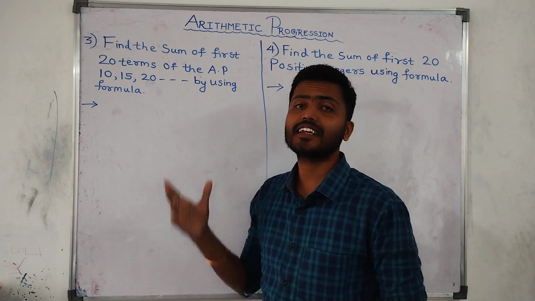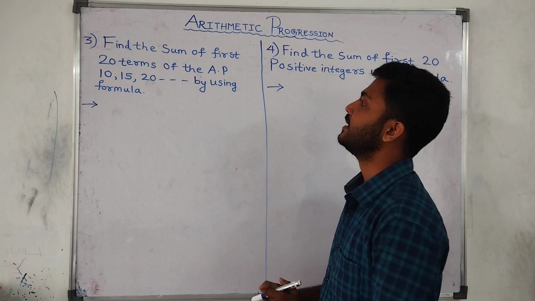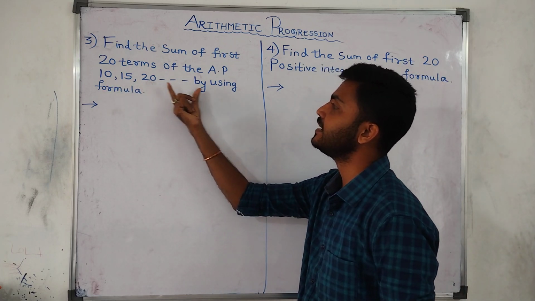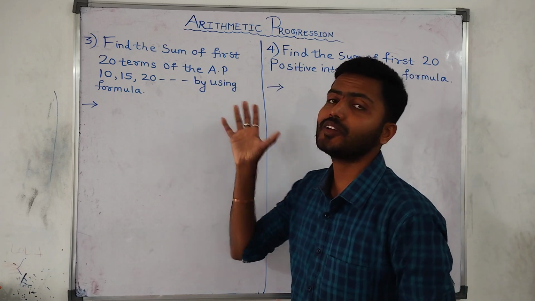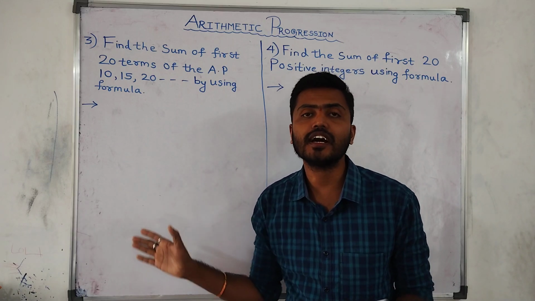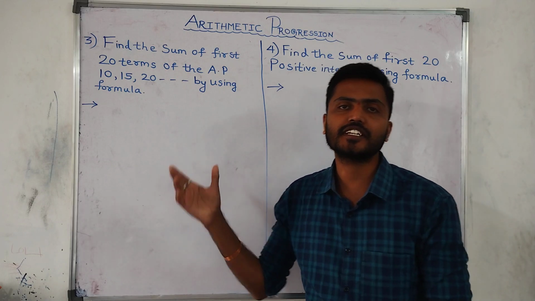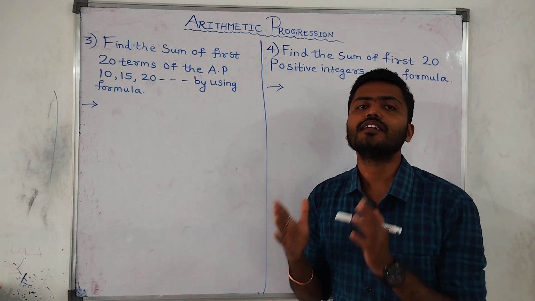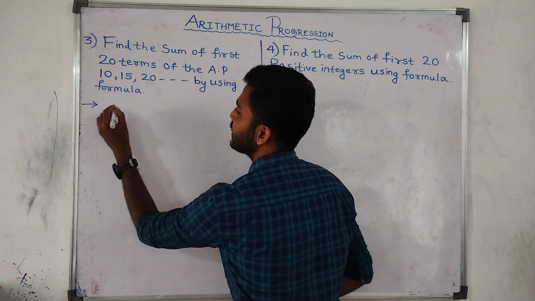Alright, so now let us see the next question, my dear students. So find the sum of first 20 terms of the arithmetic progression 10, 15, 20 and so on by using formula. So ಕೊಟ್ಟಿರುವಂತ arithmetic progression ನ ಮೊದಲನೆಯ 20 terms ನ ಆಡ್ ಮಾಡಿದ್ರೆ ನಿಮಗೆ ಆನ್ಸರ್ ಏನು ಬರುತ್ತೆ ಅನ್ನೋದನ್ನ ಈ ಪ್ರಶ್ನೆನ ಕೇಳಿದ್ದಾರೆ. ಓಕೆ, so first once again we follow the same rule. So what do we do, my dear students? We write down the arithmetic progression. So write it after me.